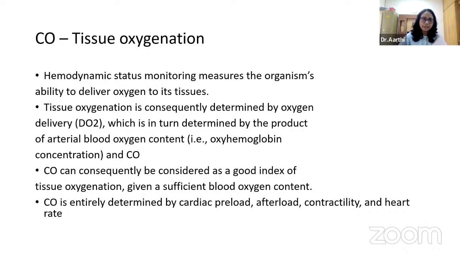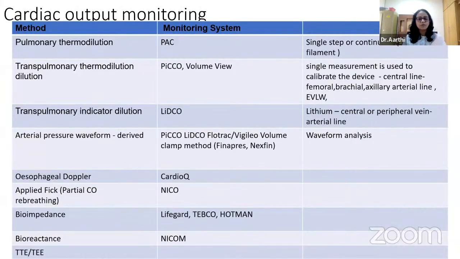So there are monitors which are used in assessing the cardiac output. So these are all the various monitors and methods which are used to measure the cardiac output in different scenarios to give the status of the hemodynamics of the patient. So as I was talking about earlier, pulmonary artery catheters are used to measure the cardiac output using what is called the pulmonary thermodilution technique. This pulmonary artery catheter can either be used as a single-shot catheter or to monitor continuously the cardiac output